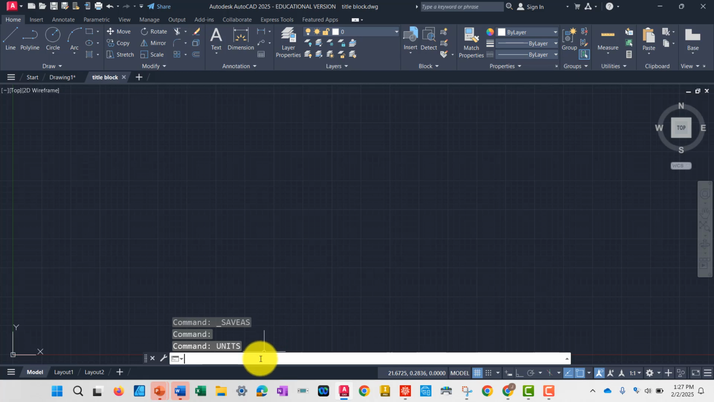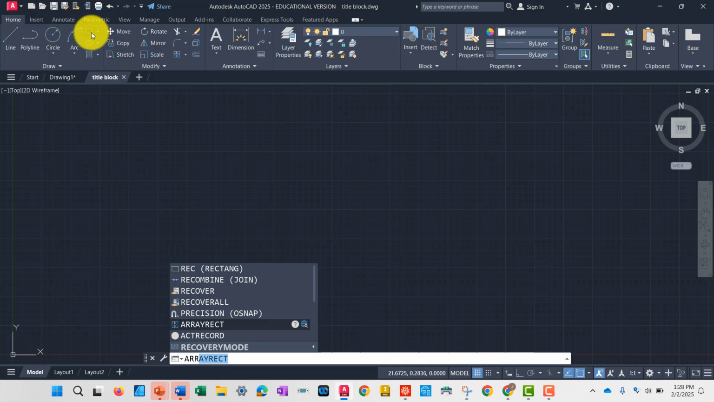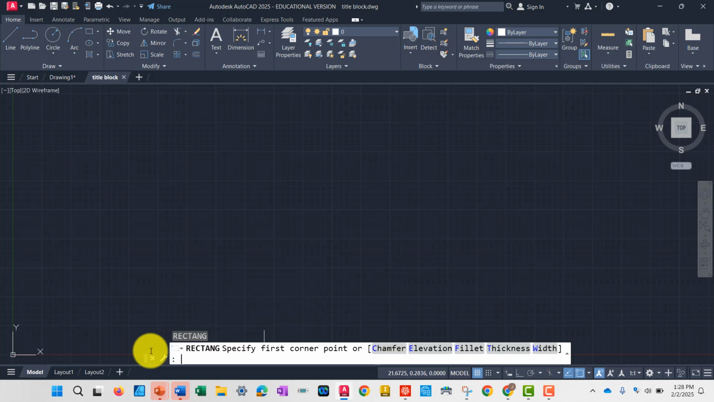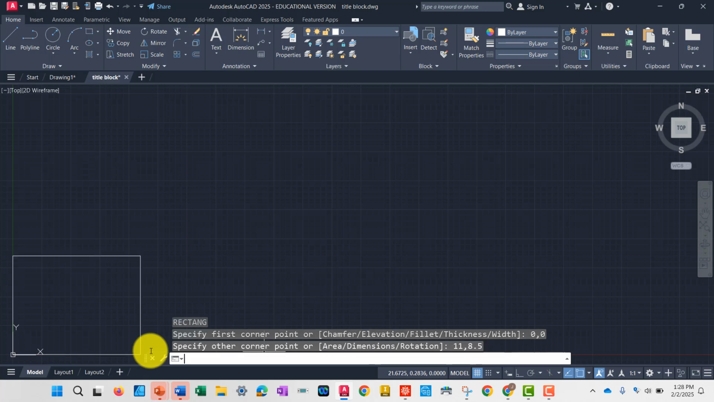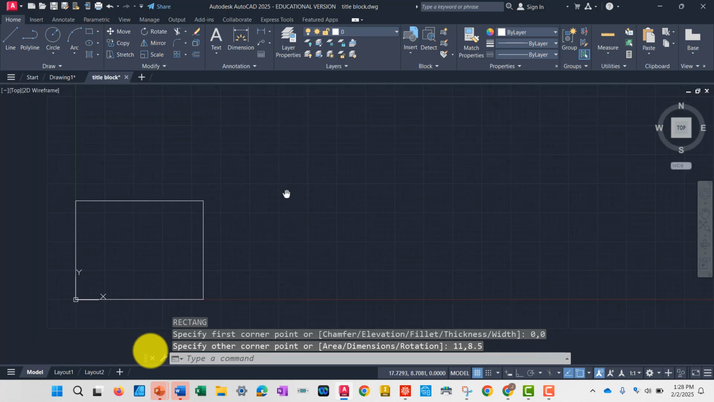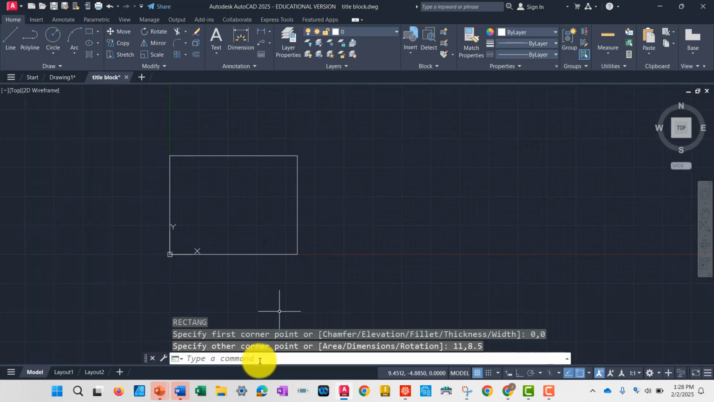And I'm going to start with REC, rectangle. You can, of course, draw that from the ribbon, but it's kind of nice to start learning the shortcuts. So for rectangle, we go from 0, 0, and I'm going to make this 11 on the base and then 8.5 tall. So there's our first piece, and just to make sure that we do have the right size here,